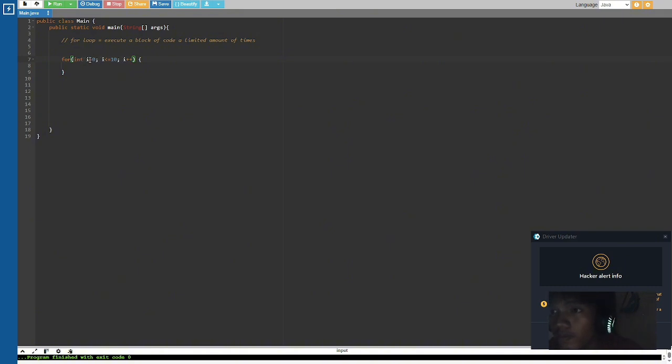So if i is equal to 0, so if 0 is less than or equal to 10, it's true. Then print 0 and then again add 1 because it increments 1. So let's see, system out print.